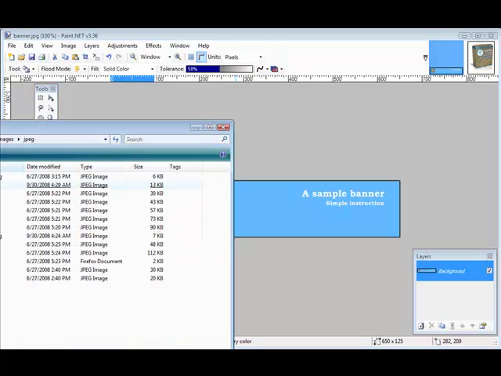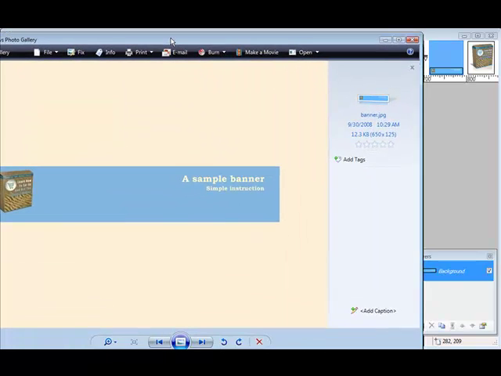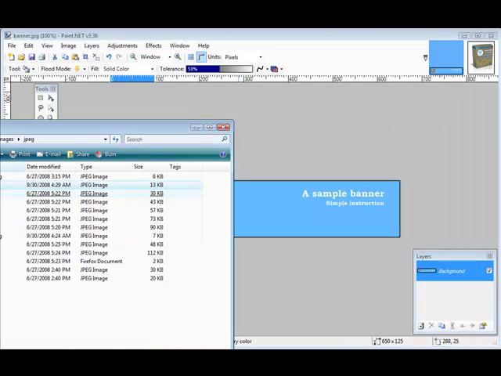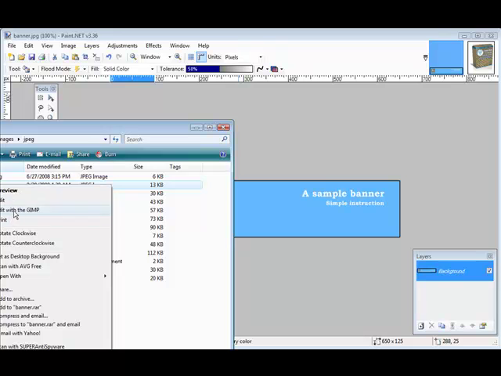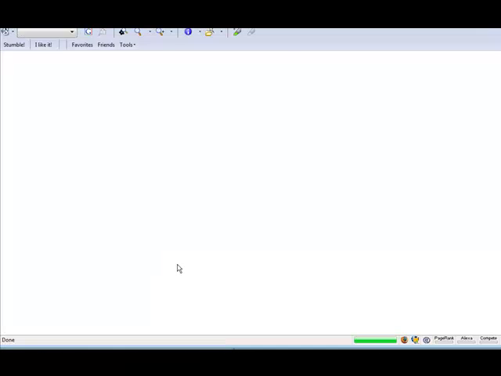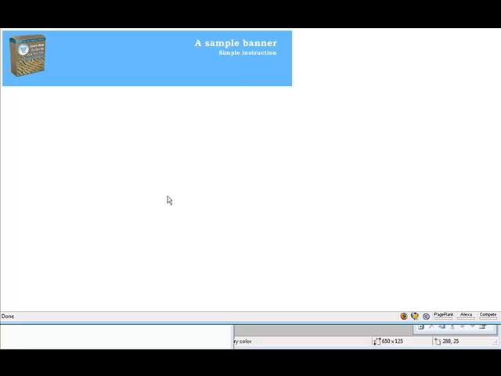Now we can open our image with our browser. Okay, so here's our banner. If we click on it, it'll open in the viewer. There's what it looks like. And we can also open it by doing an Open With, and with whatever browser we're using, it's Firefox. And there's our banner in Firefox, all ready to use wherever we